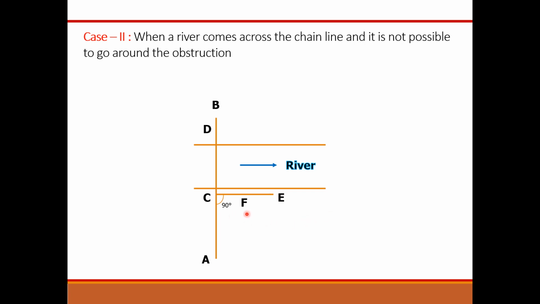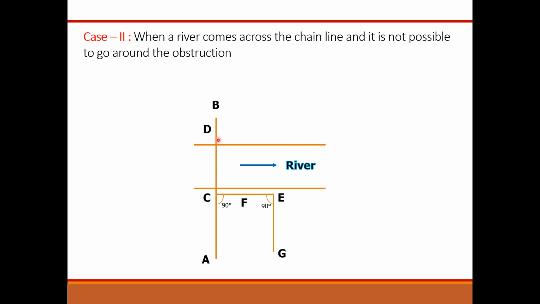Now bisect means mathematically it is dividing the line CE in two equal parts, which means F is exactly at the center of the line CE. Or in other words, you can say point F is dividing the line CE in two equal parts. Now draw another perpendicular from point E up to point G. The point G will be located so that the points G, F and D will be in the same alignment, in the same line of sight.